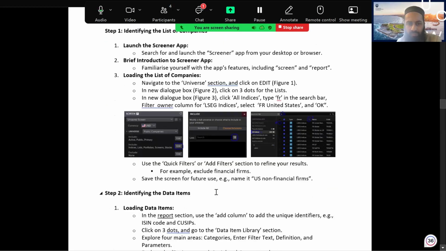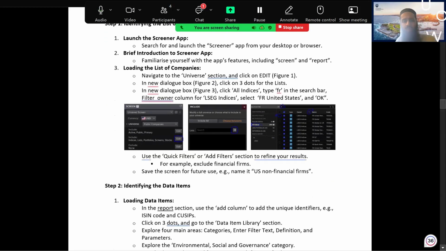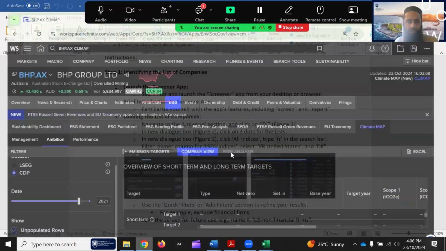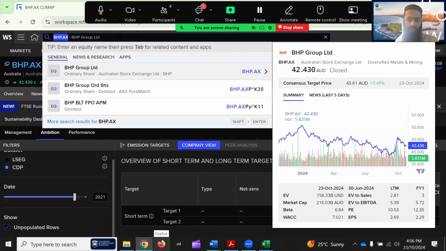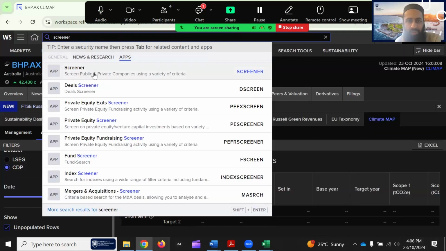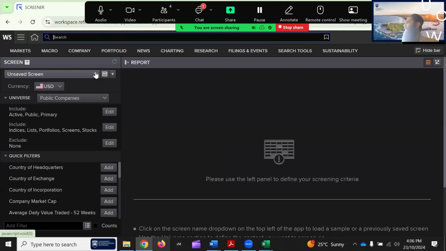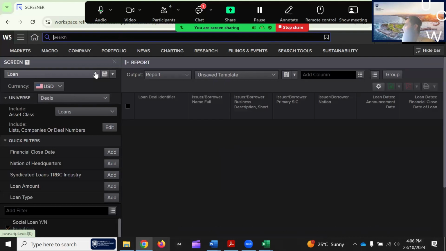Okay, instead of going through the steps here, I'll go into the Refinitiv Workspace. So first thing, we need to launch the Screener app. I'm writing screener here. So here is the Screener app I'm looking at. Click on it. Has anyone in this room watched my videos or used this Screener app? Mohak, you know? Anyone else? No, not yet. Okay, then you will find the value in it. Okay, so let me see.